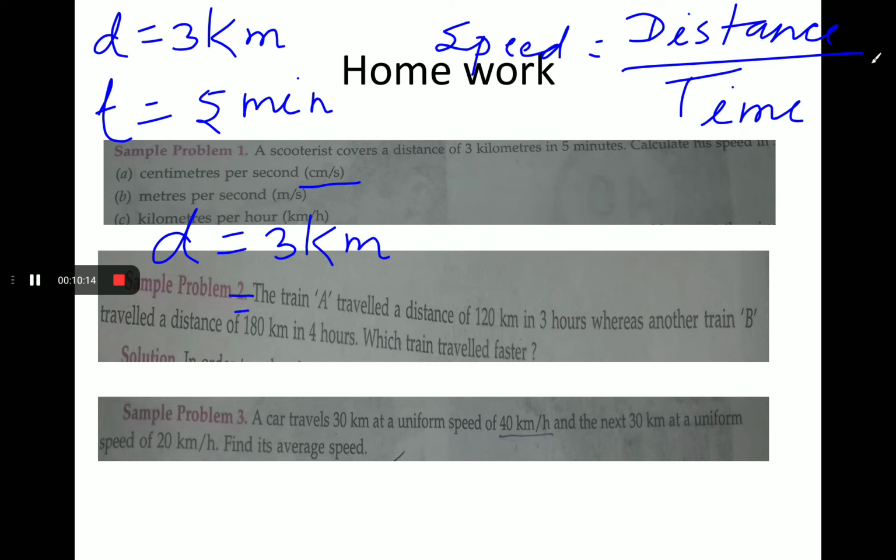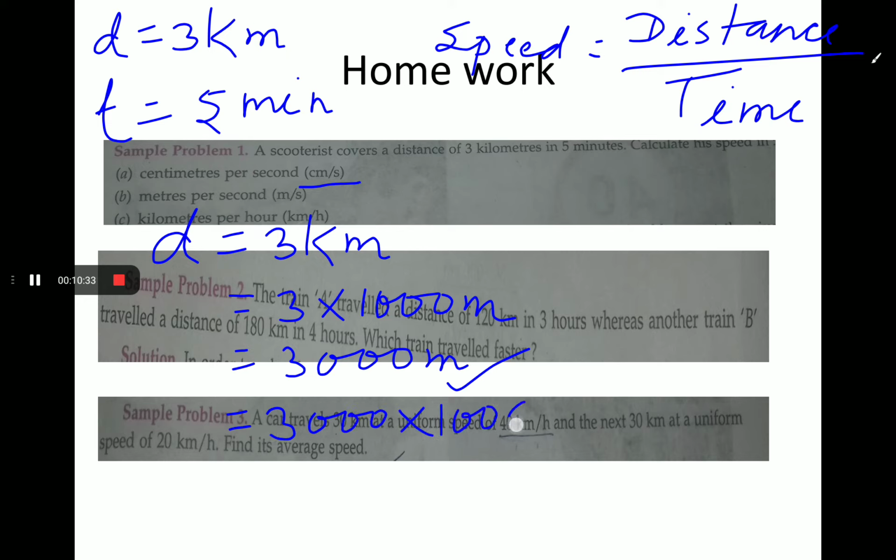In a very simple manner, firstly we convert this 3 km into meters. Then it becomes 3000 meters. And now again I have to convert this 3000 meters into centimeters. That means 3000 into 100 centimeters. It becomes